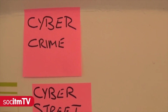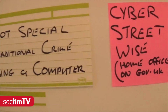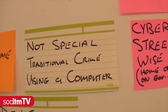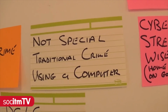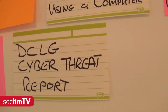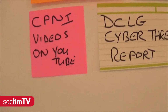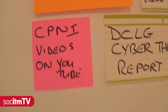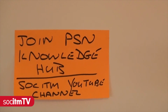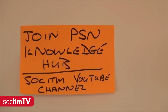Cybercrime, big initiatives going on. Cyber Streetwise, lots of information. There's nothing particularly special about cybercrime. It's just all the old types of crimes, scams, extraction of funds, criminals want your money, they want your information. But the DCLG threat report can really help you with that. Again, physical security, insider threats, things like that, the CPNI videos on YouTube. Don't forget to go on to Knowledge Hub, join the Socitm spaces, it's completely open, and join the PSN Solutions